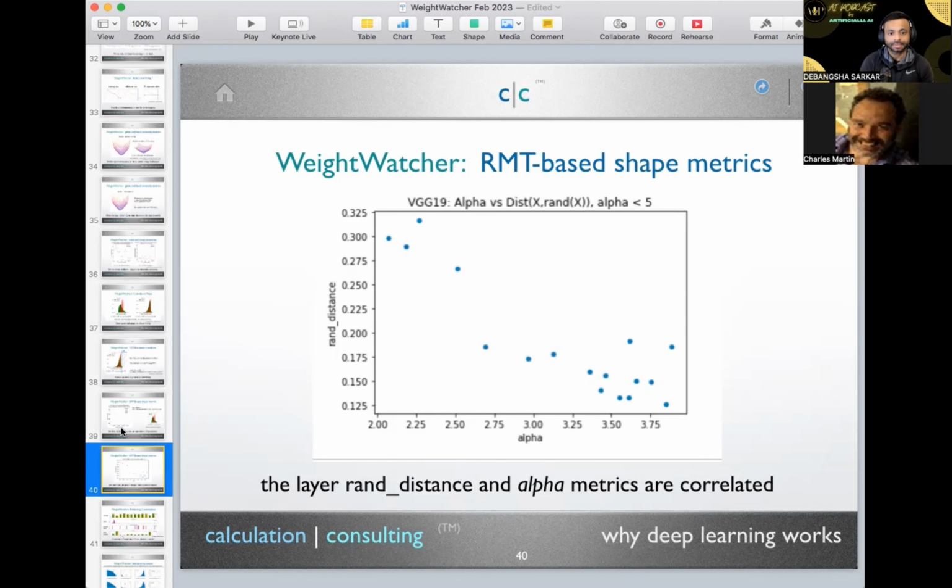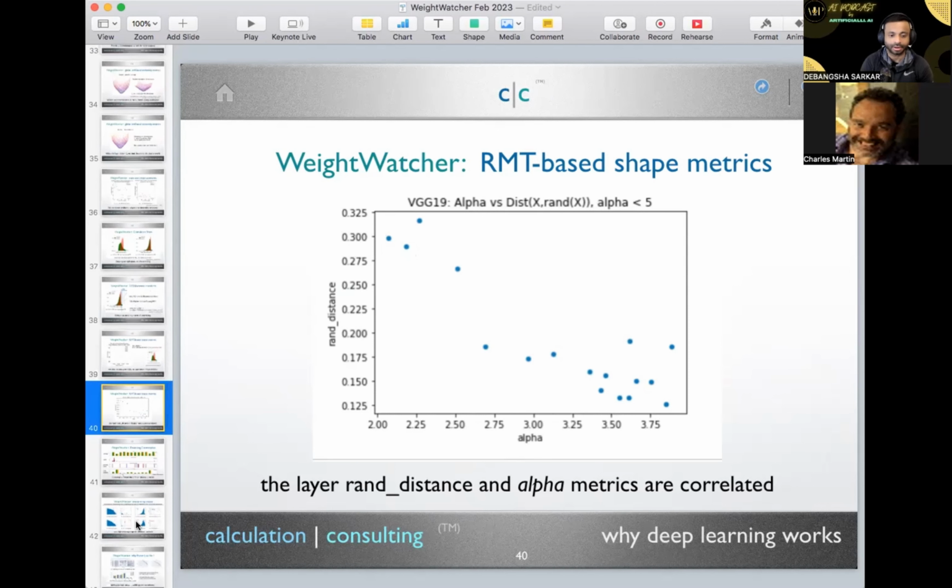And the other thing about the VGG models is that you have to be very careful, because I think the PyTorch VGG models are screwed up. I may have used the wrong model, so that's possible. Thank you for pointing that out. But this is the correct plot. You'll see that as the RAND distance is larger, alphas get smaller. That makes total sense to me now. That's what's going on.